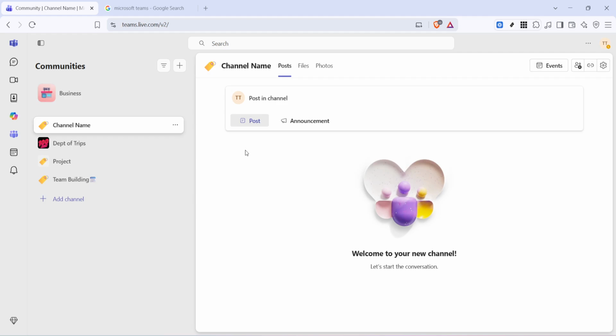with your team. If you don't see the Add Channel button, check with your team owner. They may need to give you channel creation permissions in the team settings. You can always rename or delete a channel later by clicking the three dots next to its name in the